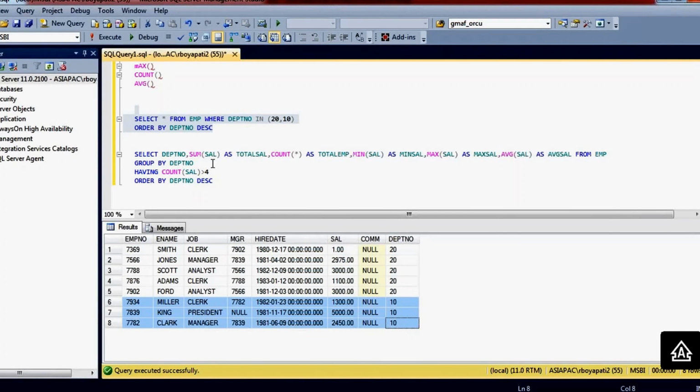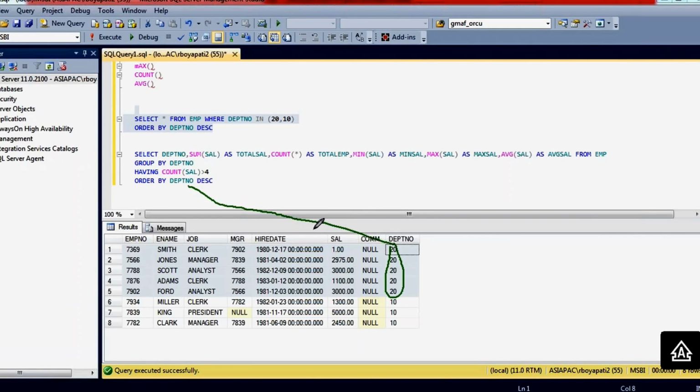Then after that, the second priority I am going to give here is based on the salary. In department number 20, I want to display the employee who has the highest salary first. See here, in department number 20, you did department number descending order, meaning the highest department it will display first. Inside this department number 20 there are 4 more employees. On which basis do you want to display the information? By default it is taking ascending order on the salary, so whoever has the least salary it is displaying. But what I want to do is display whoever has the highest salary inside the department number first.